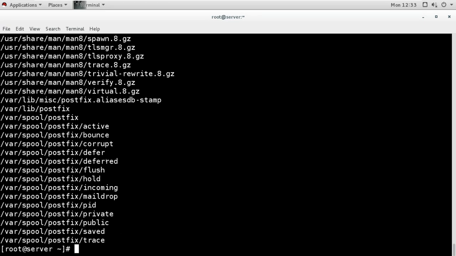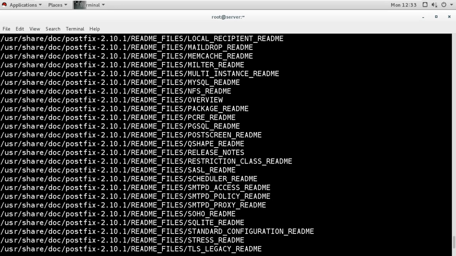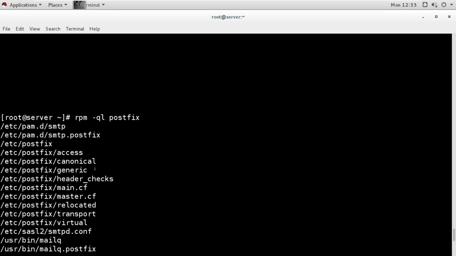These are the mail related directories. So if some mail bounces back, it goes there; if some mail is corrupt, it goes there; flushed mail, held mail, all go like this. This is the mail directory. So these are the important files for postfix.